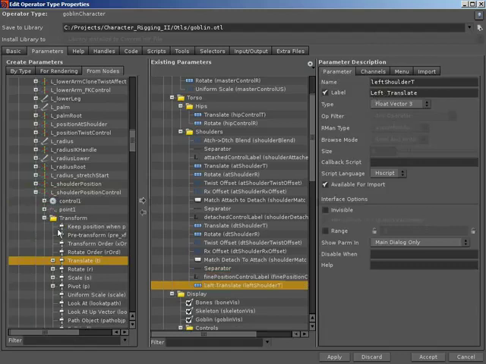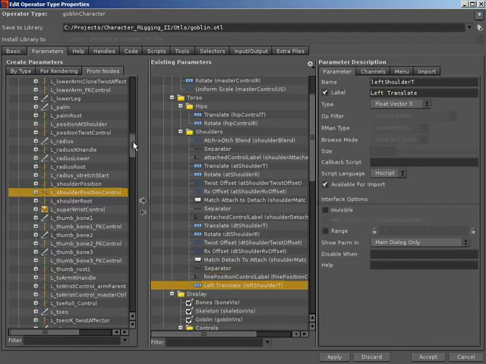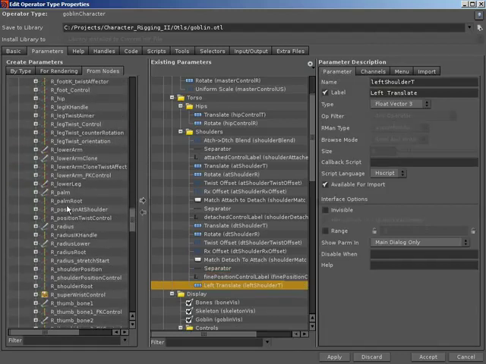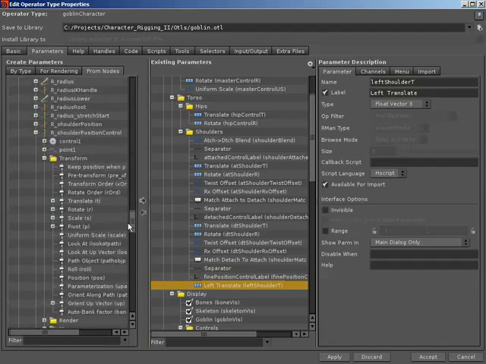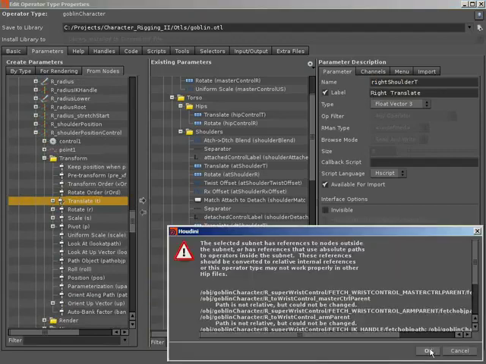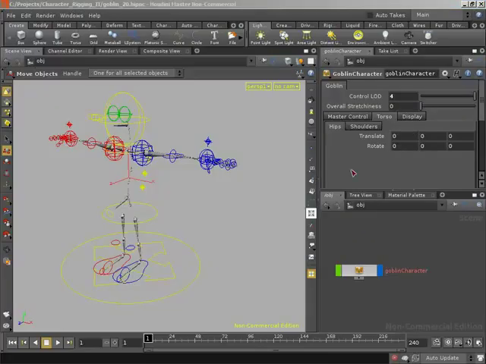translate. Then let's do the same for our right shoulder position control. So R underscore shoulder position control inside the transform folder, promote up translate. This is going to be our right translate, and that's going to be our right shoulder T. So with that, if we accept this, OK through the error that comes up, because that is just a warning really about our fetch,